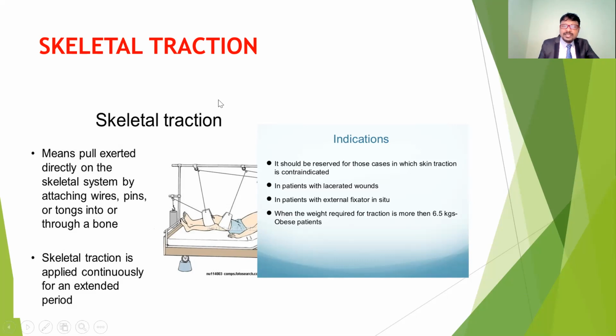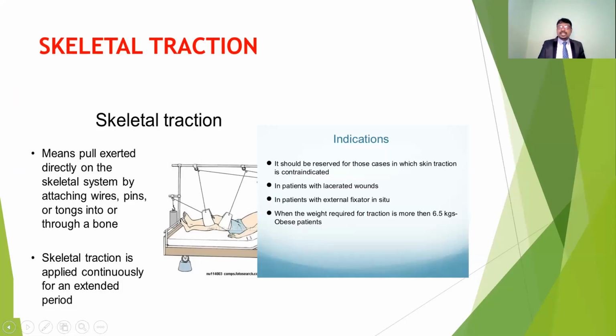So that is about skin traction and skeletal traction, one of the major parts in the treatment of fractures. That's all about the management of fractures: immobilization with POP application, open reduction and internal fixation, and also external fixators. Conservative management with POP, surgical procedures, and also skin traction. These are the different types of treatment management for fractures.